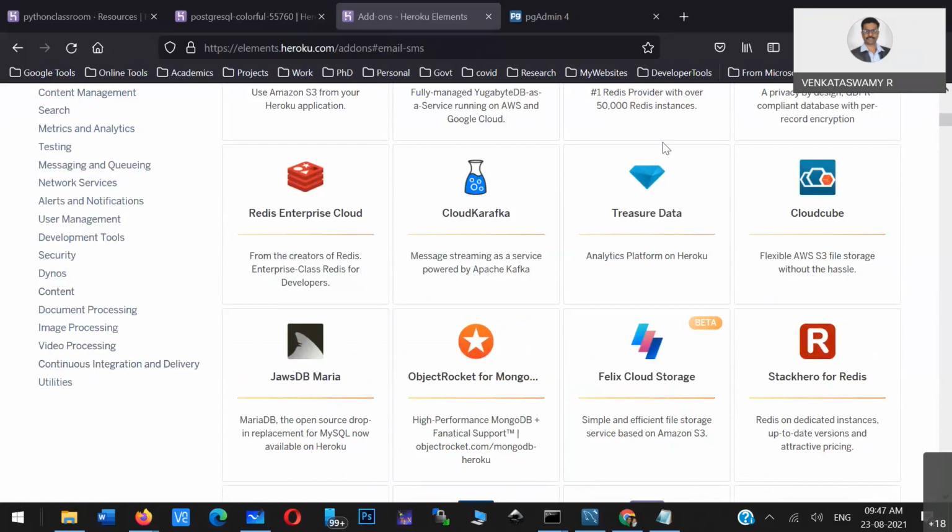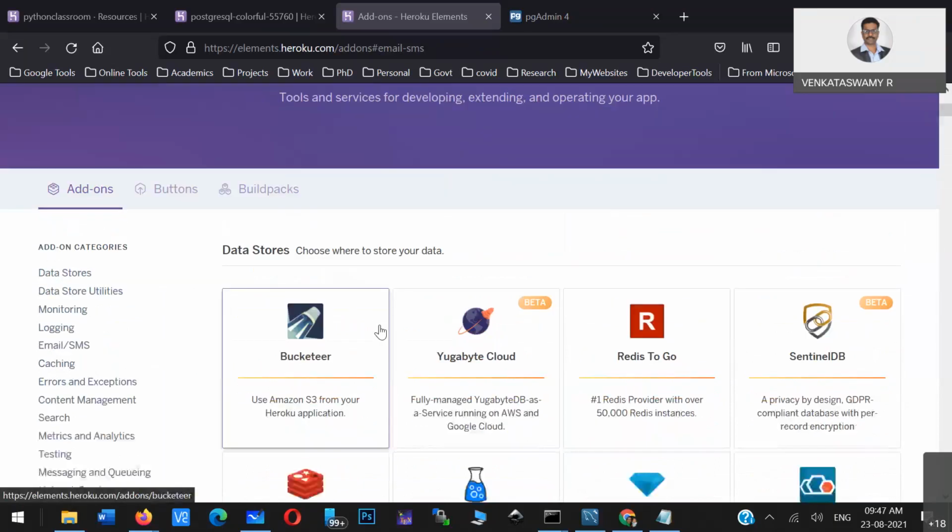So many things they provide. You can avail any service and use it, like how we subscribed to the PostgreSQL database. You can do some groundwork on this Heroku cloud, and deployment in Heroku. I'll show you. Most programming languages are supported, which is one good thing.